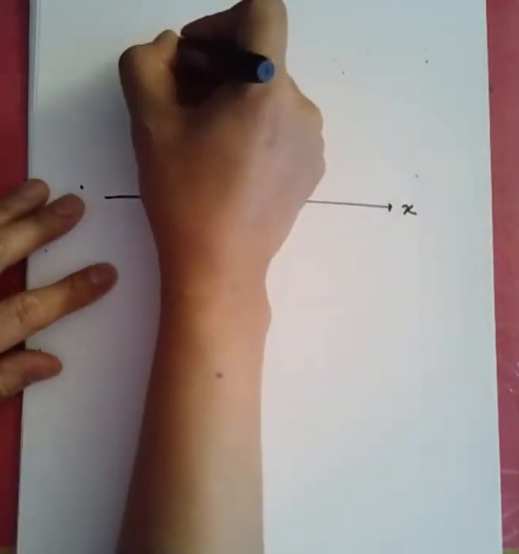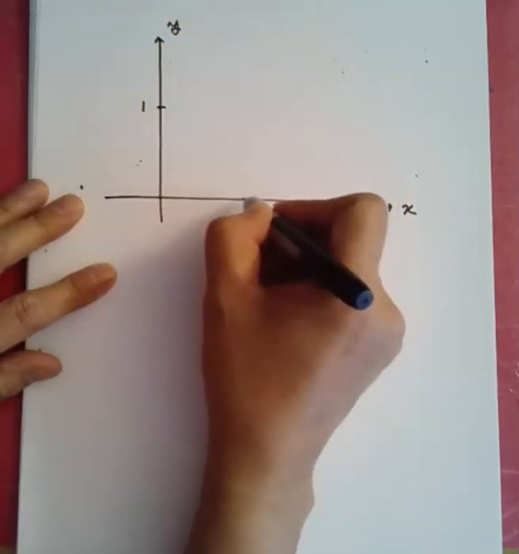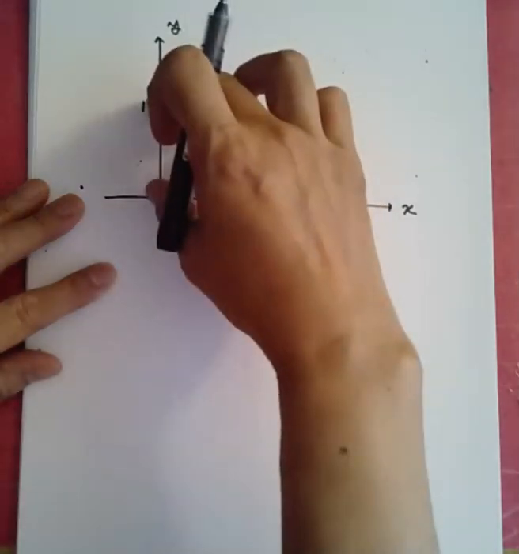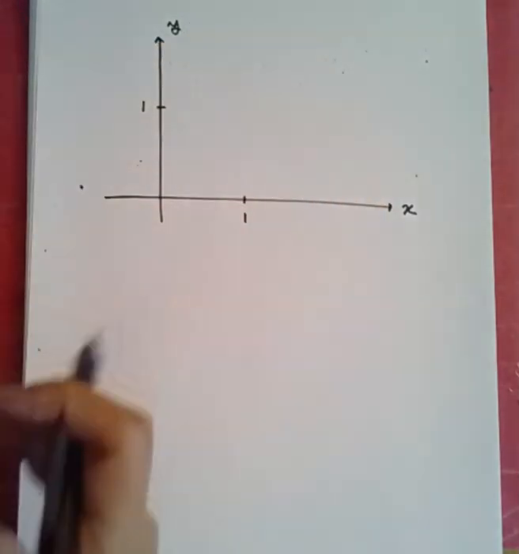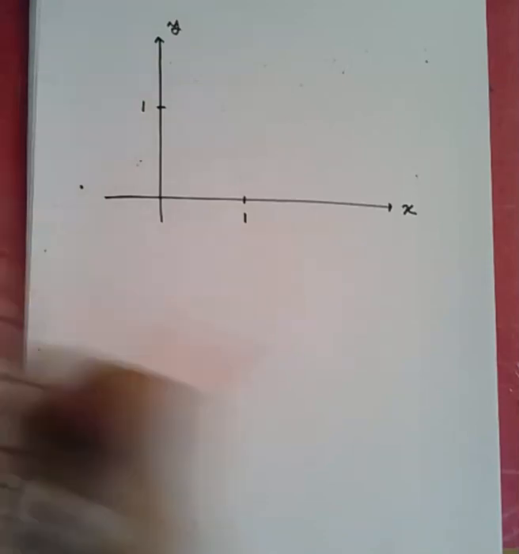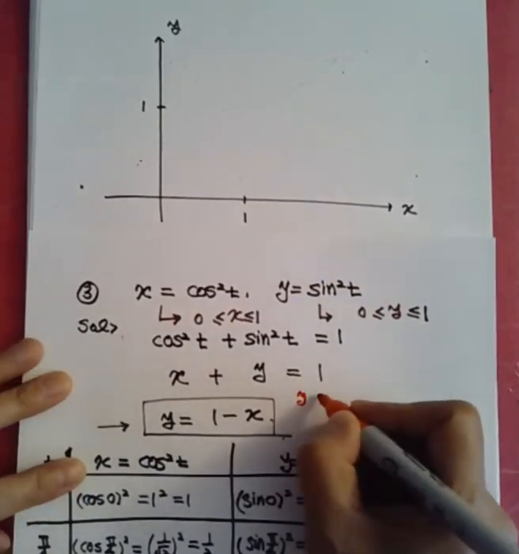This is the x-axis and this is the y-axis. This is 1 and this is 1. This is the x range and this is the y range. If you draw the graph, then the y-intercept